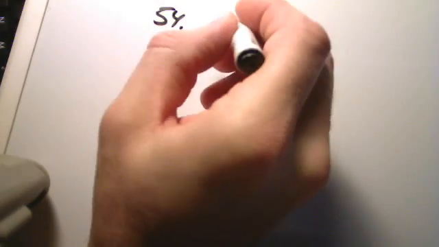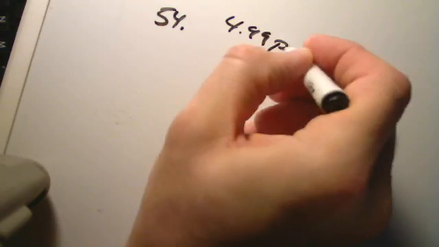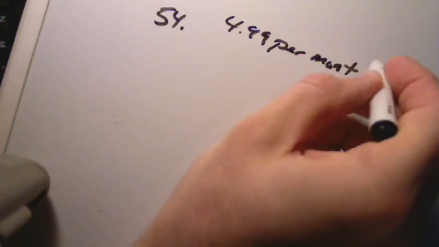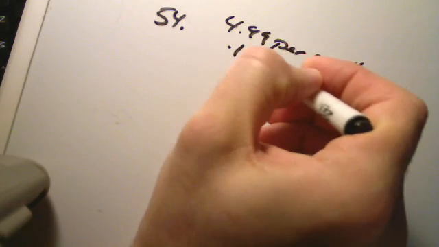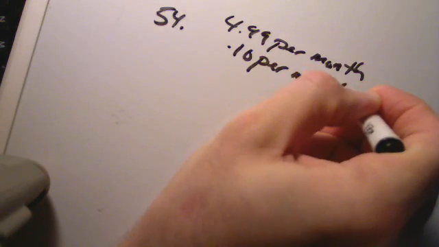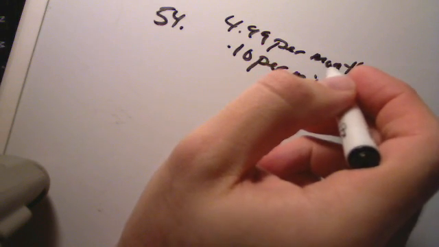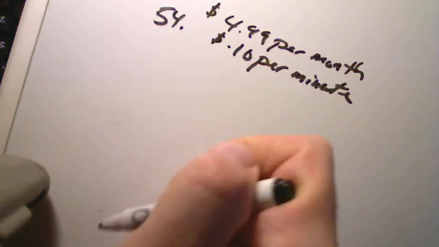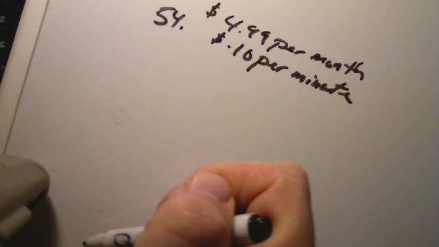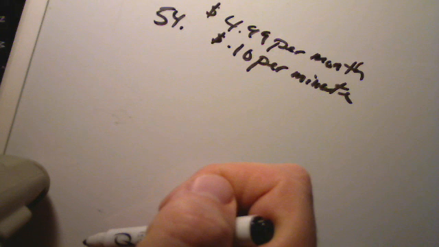Okay, we're going to do problem 54 from section 3.3. Problem 54 says a long distance phone company charges $4.99 per month plus 10 cents per minute. $4.99 per month and 10 cents per minute. Notice that I changed the 10 cents to 0.10, so they're in the same unit, 4.99, 0.10. It says, write and solve an equation to determine how many minutes were used in a month if the monthly bill